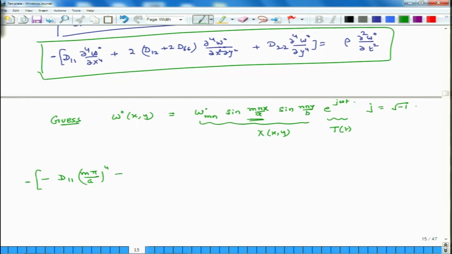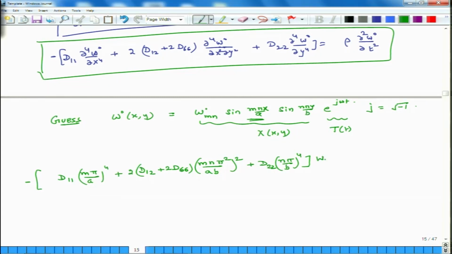So, I will take a negative sign out, plus 2 d12 plus 2 d66 m n pi square over ab, this entire thing squared, plus d22 n pi over b whole thing to the power of 4